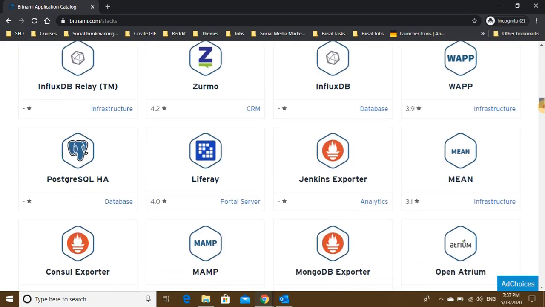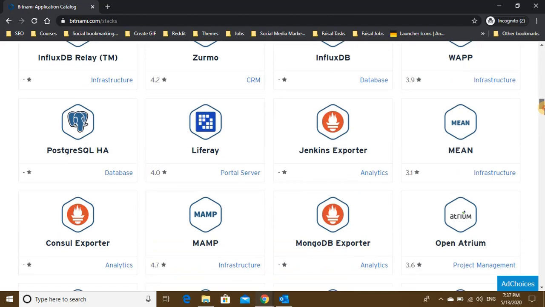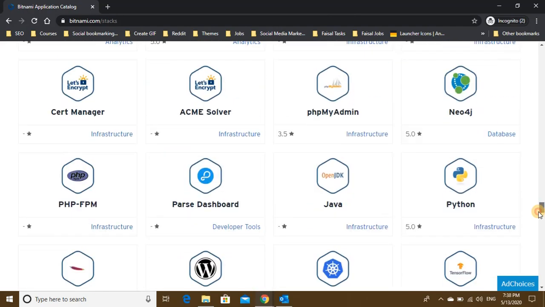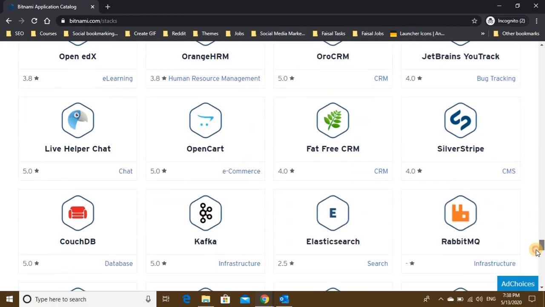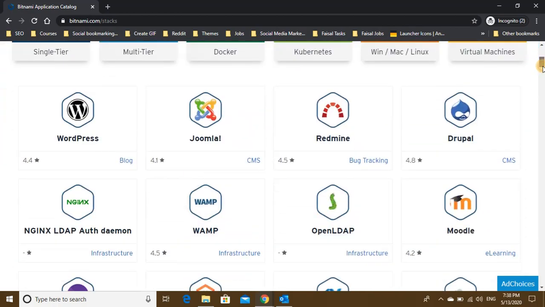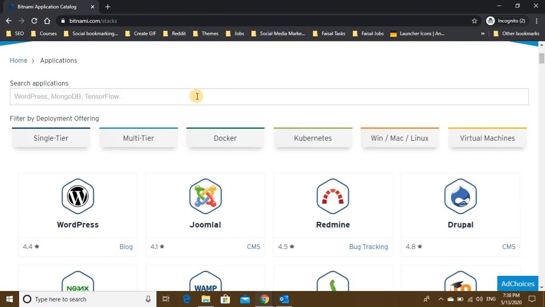You can see a lot of applications here, including Java, Spark, Harbor, MXNet, Subversion, WordPress, Joomla, Drupal, WAMP, and etc. As we have to install WordPress, we'll click on WordPress.